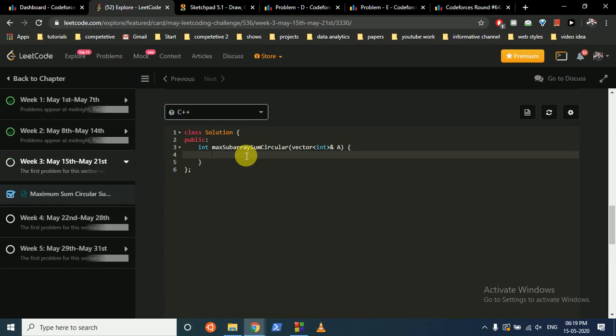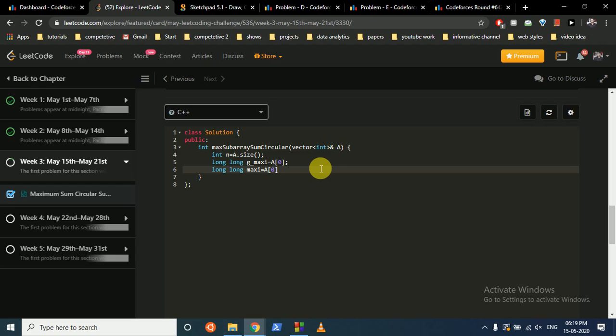So what we will do is first do the normal Kadane's algorithm. n is equal to a.size. We want two variables, one to store the global maximum and the other to store the local maximum.